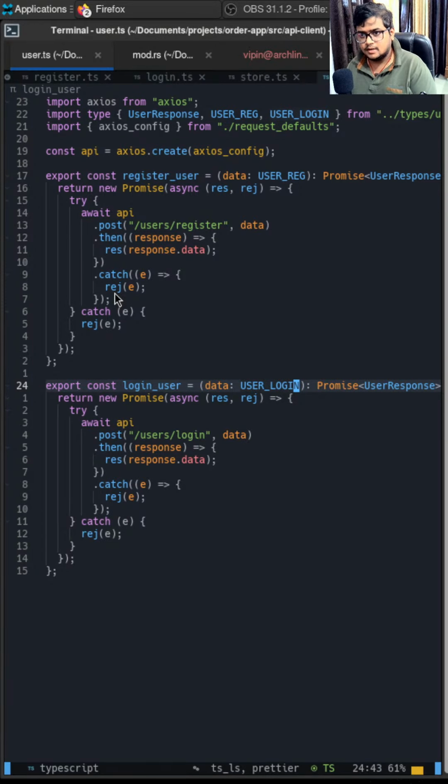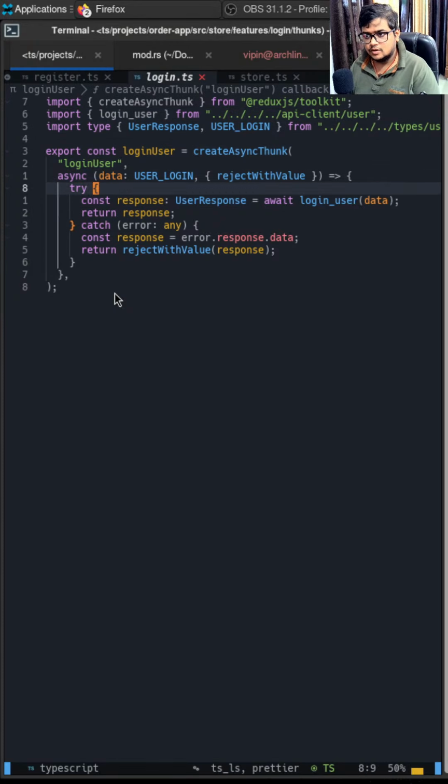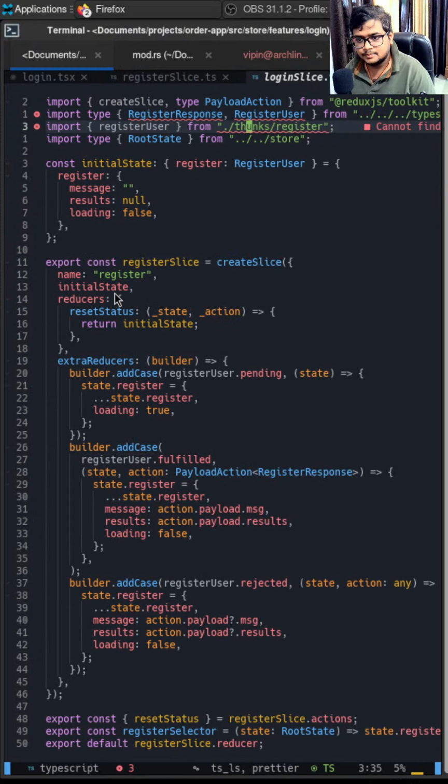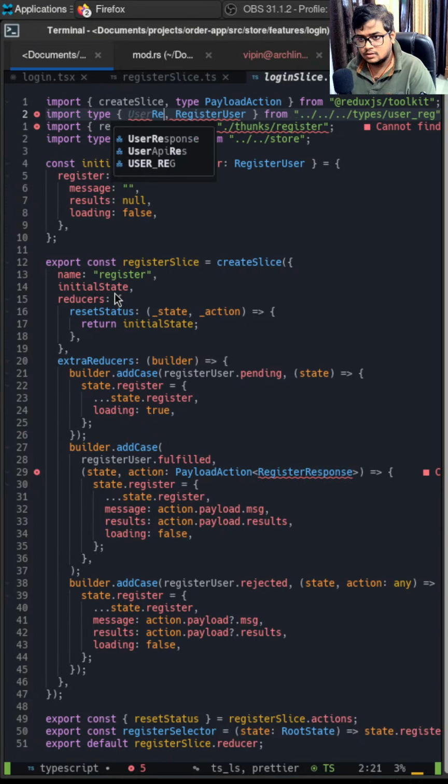Okay, so we have user login over here. So I think this error is resolved. Now login slice, this has to be removed. I'll say user response, and instead of register user,